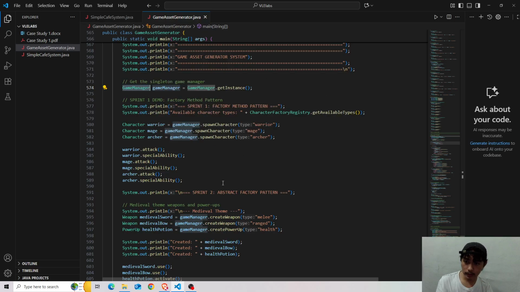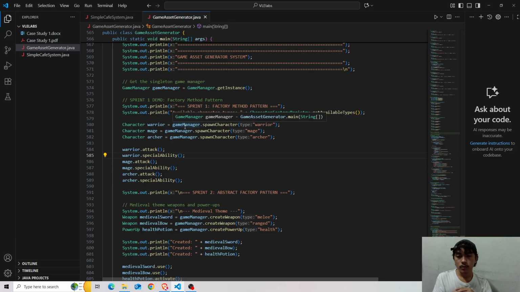So we have to pass these characters into the game manager abstract class so that they will be inside the game manager's instance for tracking and for better implementation purposes.